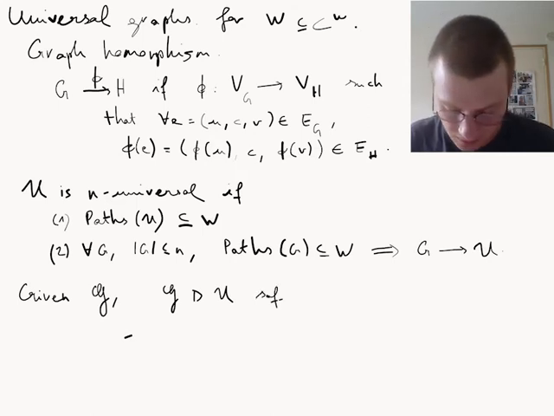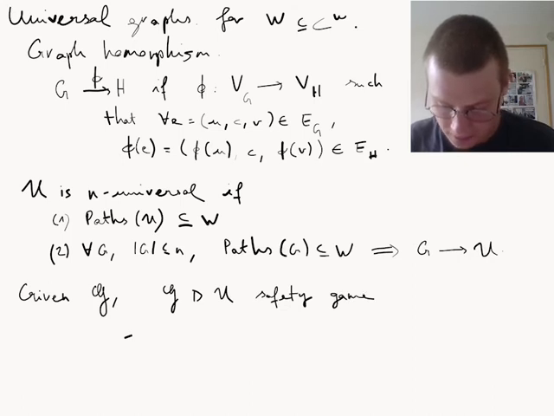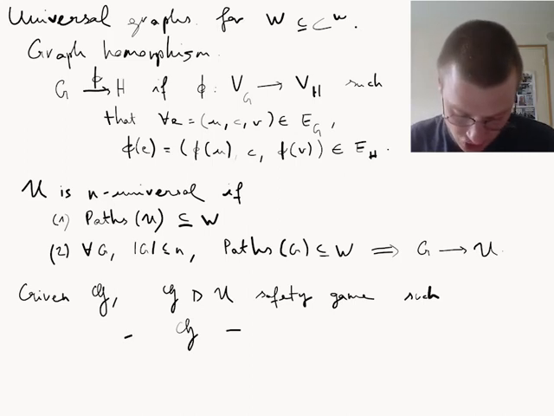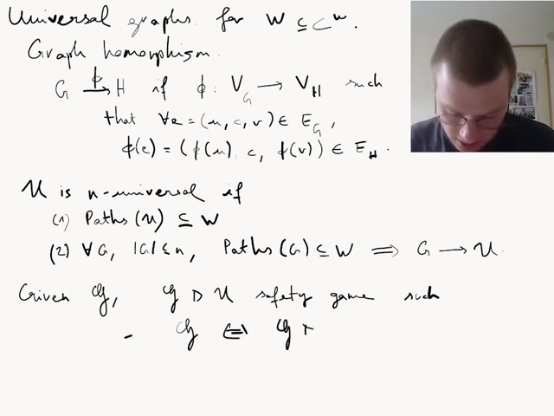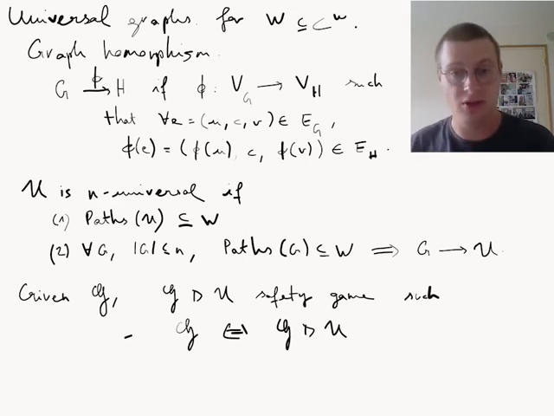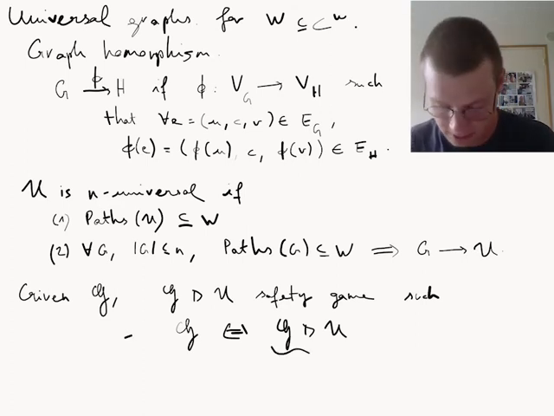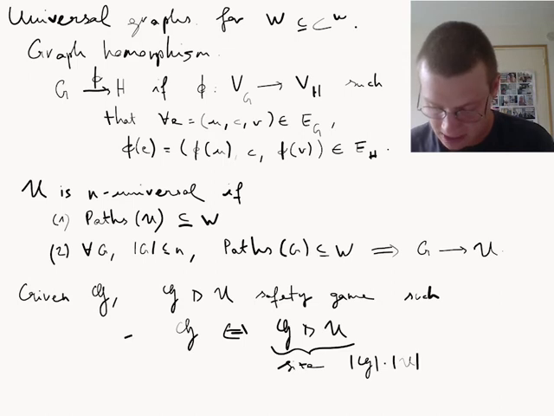Okay, so it's a game which is played on the product of G and U. It's a safety game, and given any game G, we can build this game, and G and this chain product are equivalent. So G is winning if and only if the safety game is.